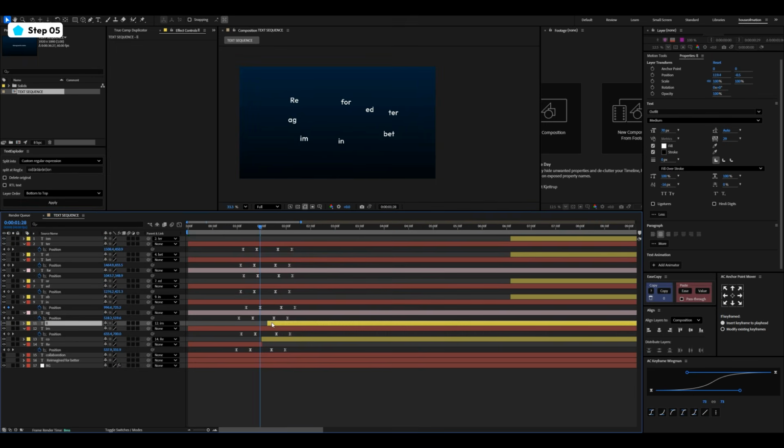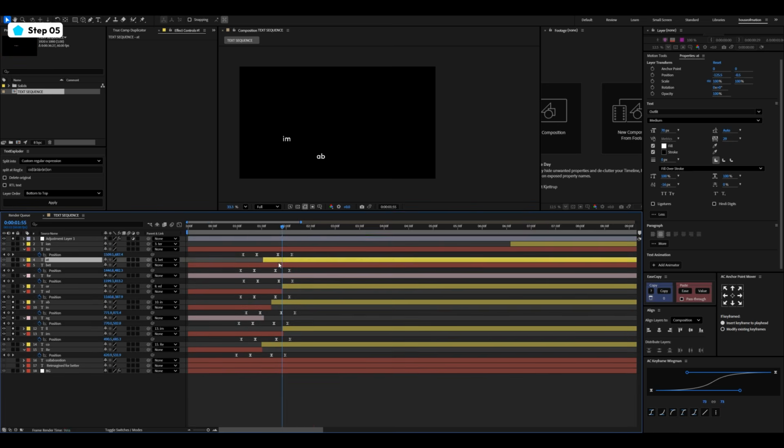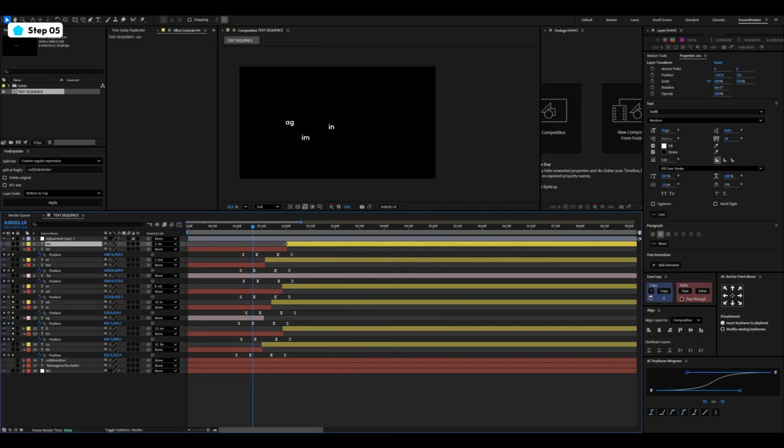Now we will repeat this for all other child layers. You can place them between any 2 keyframes, it's up to you. Do the same for the pink layers as well, and that will give you perfect match cuts. So basically we're using match cuts for 2 things. We're using match cut to not only morph one text to the other, but also to remove some layers. Now from here, we need to